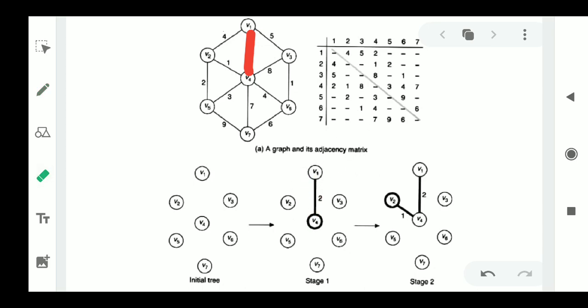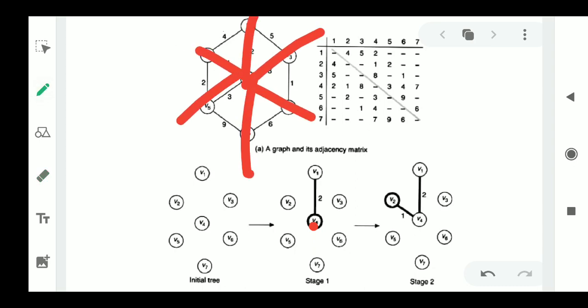So this is how I am going to connect. Now we are here. We have reached the vertex V4. Now from vertex V4, I will observe. So I observe from V4. What are the directly connected ones? The thing is that for V4, each and every node is directly connected.